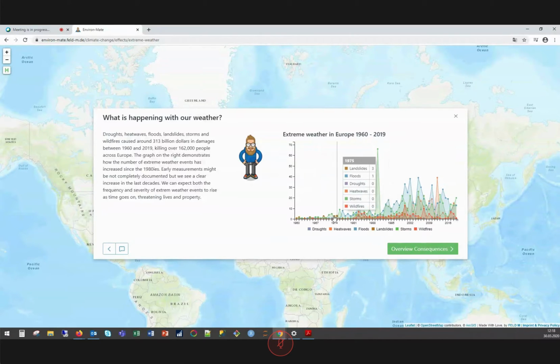So the thing is that these disasters might not be very well documented in the past. So that's one reason why there are less data points in the past. But still, if you look at the recent past, like the last 30 years or so, we see a potential increase in different disasters.